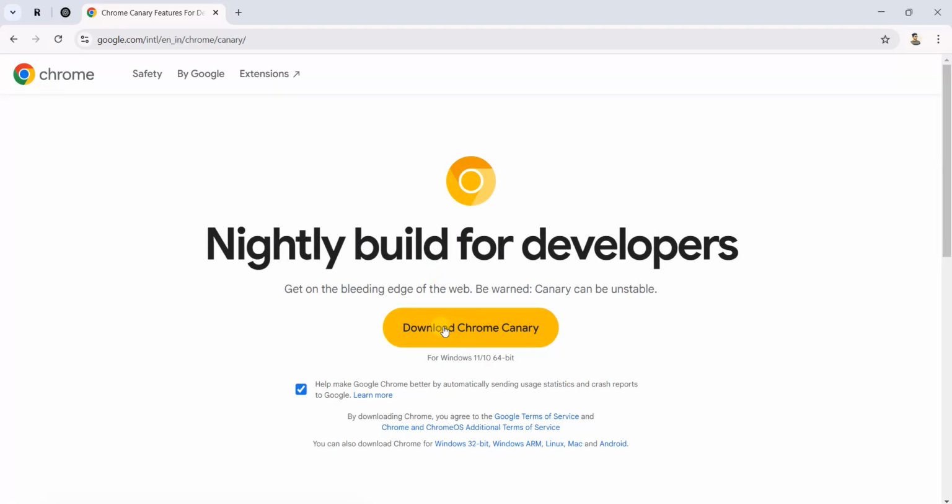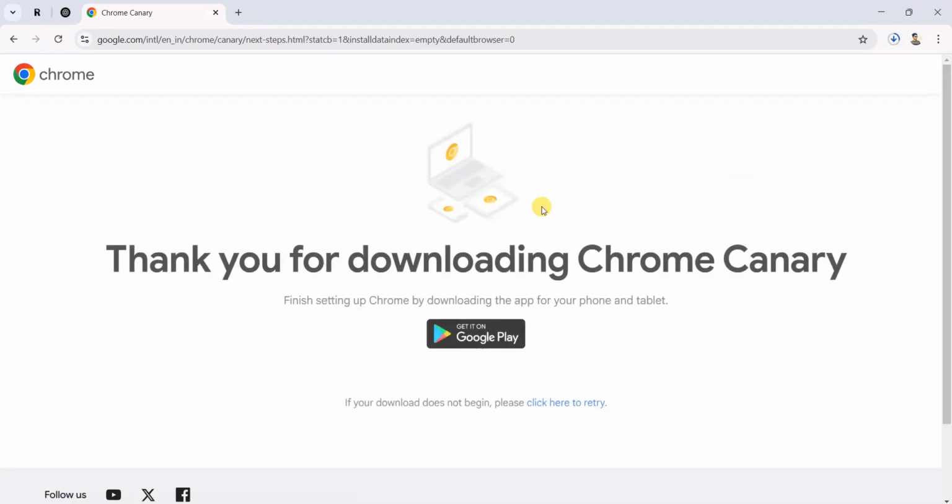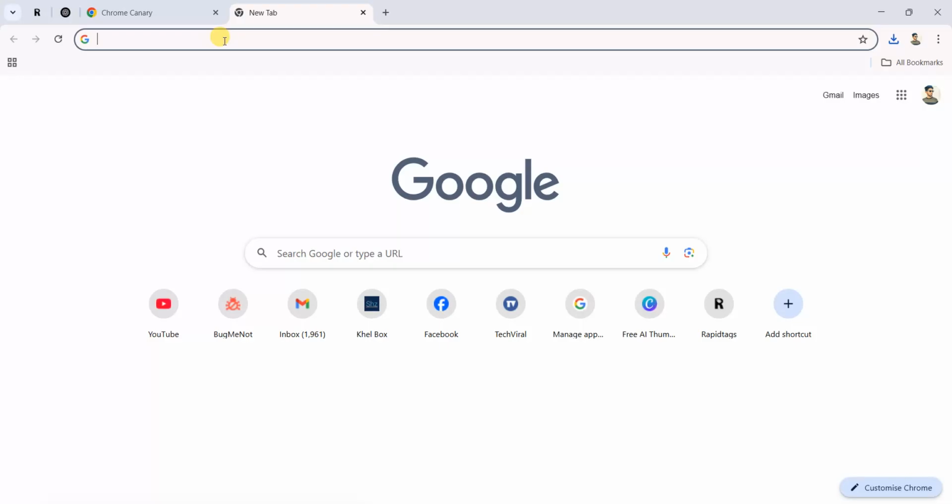Now download Chrome Canary. As I've already downloaded it, download and install it on your computer. Then after installing it, go to the next tab. Then type